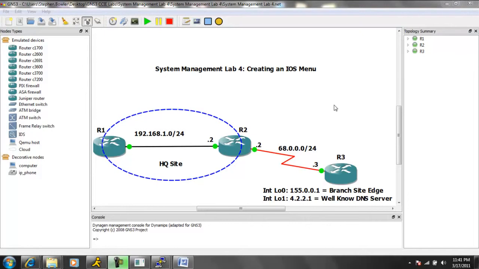Specifically within system management, in this lab we're going to be taking a look at creating an iOS menu. In addition to creating an iOS menu, we're going to show you how to verify the effectiveness of the iOS menu. In this case we're going to have two routers that we're going to be utilizing, router 1